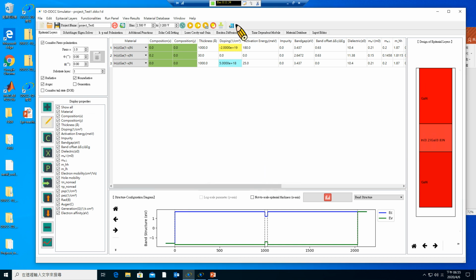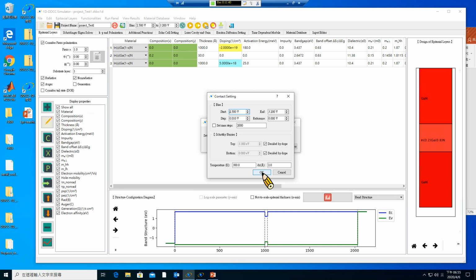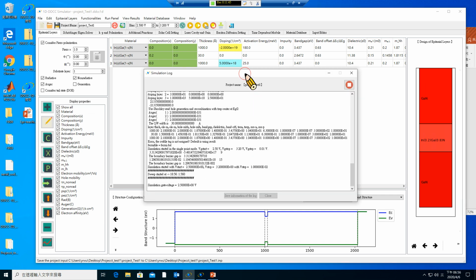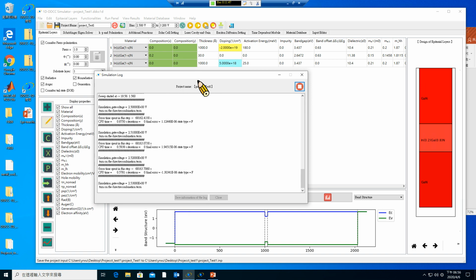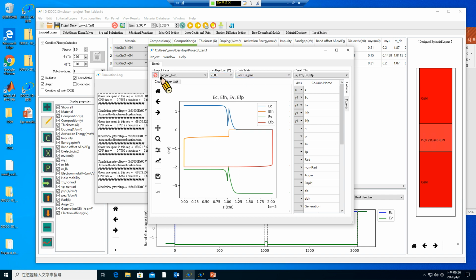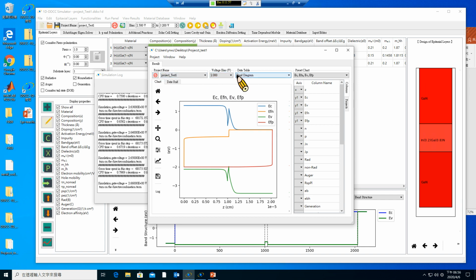Okay, then we can run the program again. Yes. Okay, save. Okay, now you can see it's running with the smaller bias. So if you go into look at the data, then you can press refresh. Okay, so after you click refresh,